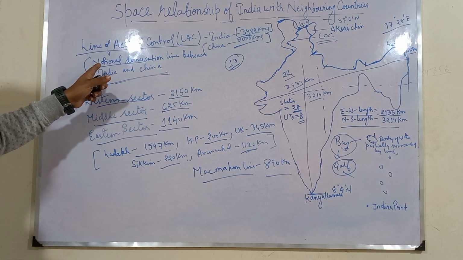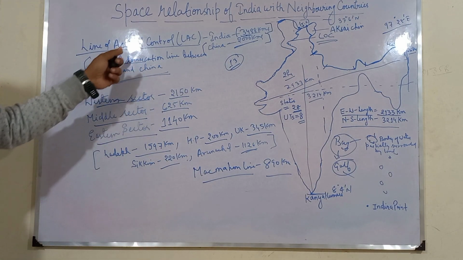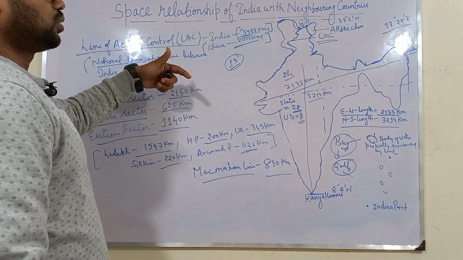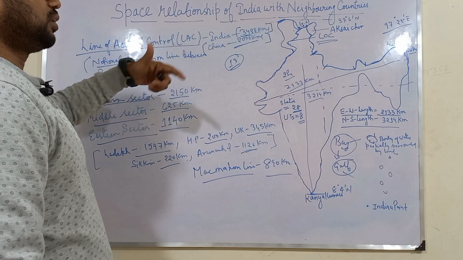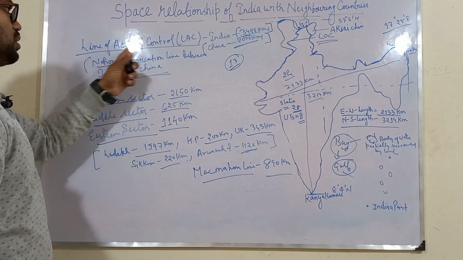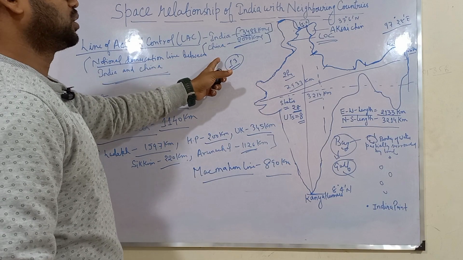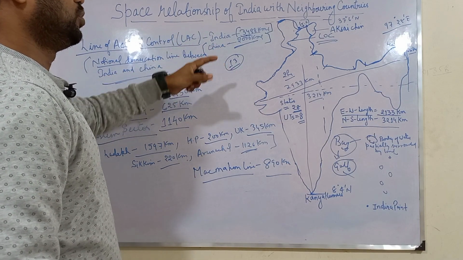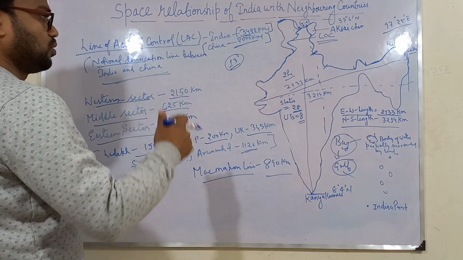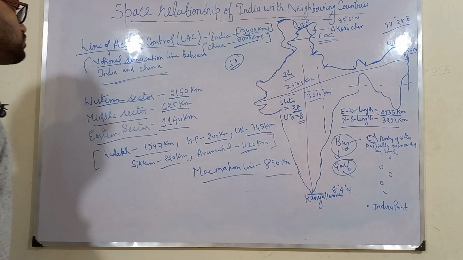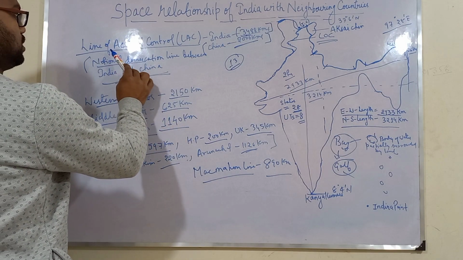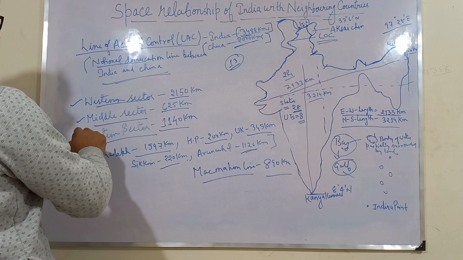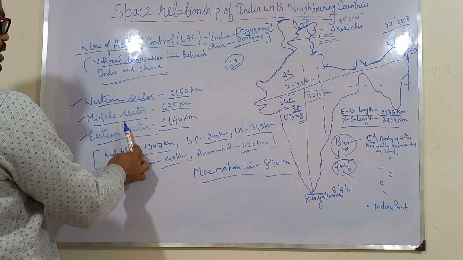Why has it been named as notional demarcation? Because this line has not been accepted at the international forum. It also means both the countries, India as well as China, have not come into an agreement over this line, because there are more than 13 points in this line which are still disputed between both the countries, because they both have different claims on that. So this LAC, line of actual control, has been divided into three sectors: western sector, middle sector